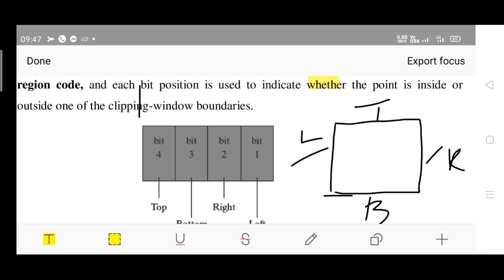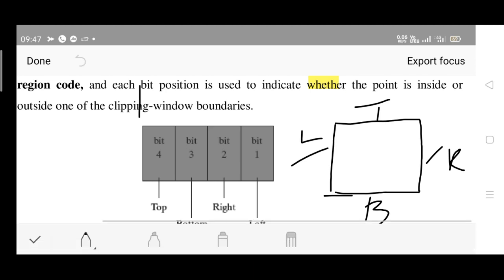Once this rectangle is considered, you are supposed to ask the user to enter the endpoints of the line segment. Please remember, it is not a point clipping algorithm, it is a line clipping algorithm. For a line, how many points are required? 2 points. Endpoints are a must for defining a line segment, isn't it? You are supposed to ask the user to enter 2 different endpoints to draw a line segment.